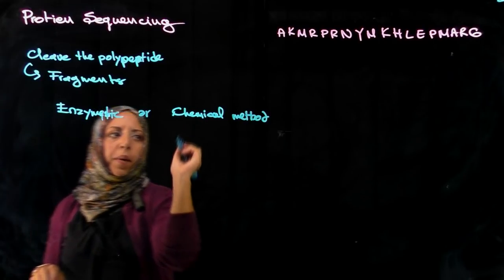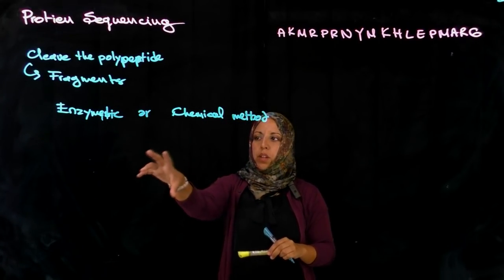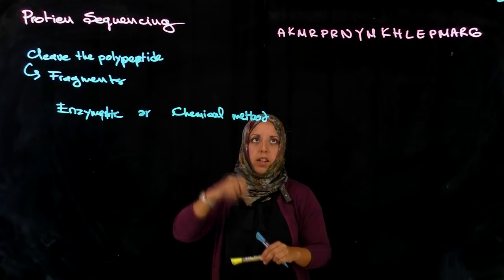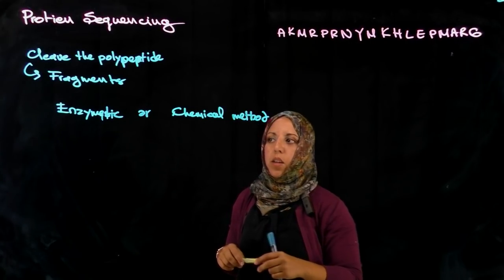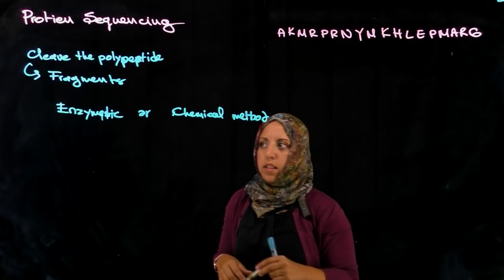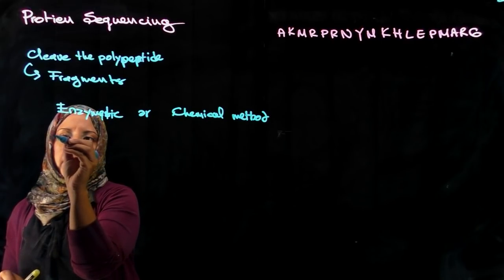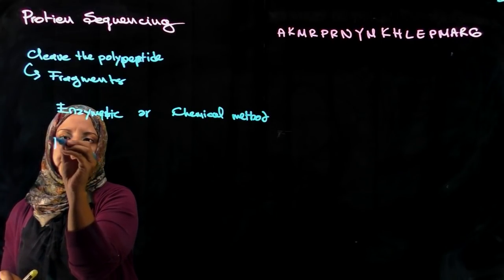We could use an enzymatic or a chemical method. So when we use an enzyme, we call those specific enzymes that can cleave a peptide sequence peptidases or proteases, right? So enzymes that can cleave a peptide bond are really known as